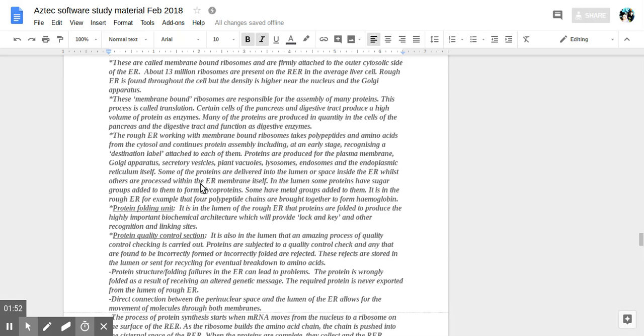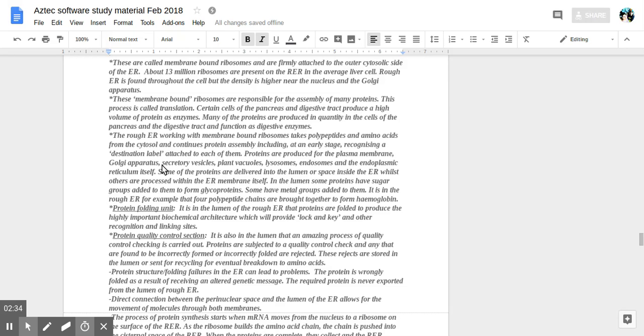So some are processed in different ways. Some have metal groups added to them. And on the rough ER you can have four polypeptide chains brought together to form hemoglobin, for example. Proteins are produced for the destinations of the plasma membrane, or the Golgi apparatus, or secretory vesicles,